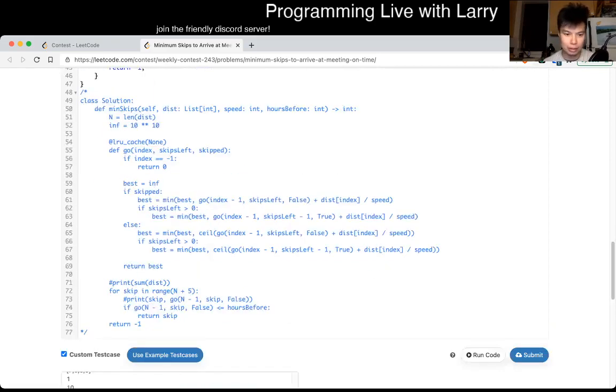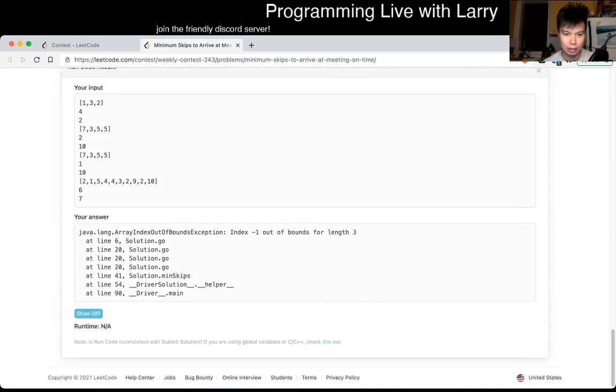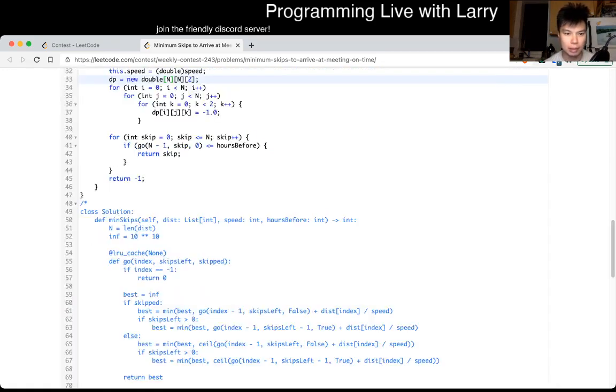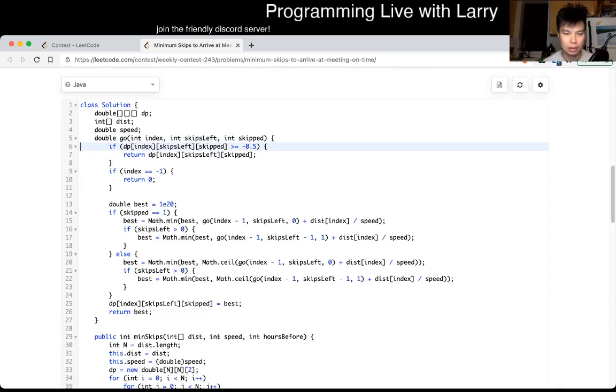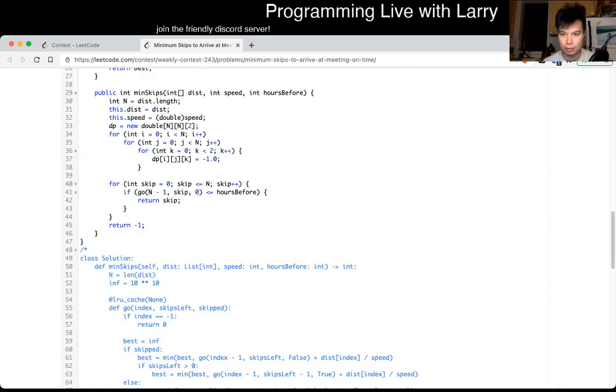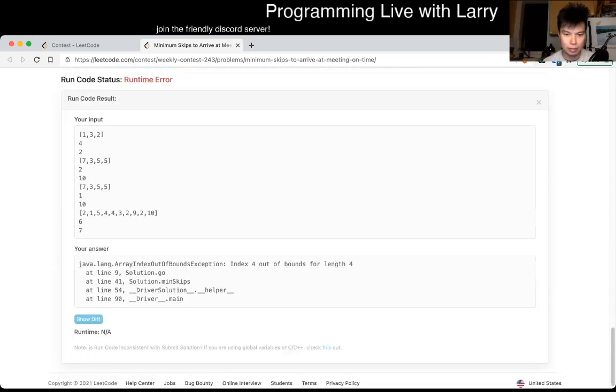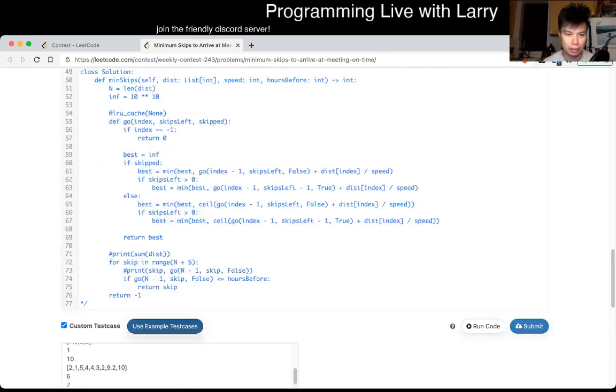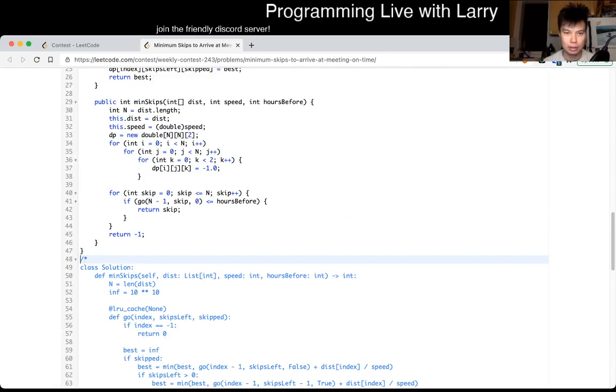12:04, so I would have counted 4 minutes after the contest, maybe. Index -1 out of bounds, that's probably true. For which one? Min skips? Because I skip. And